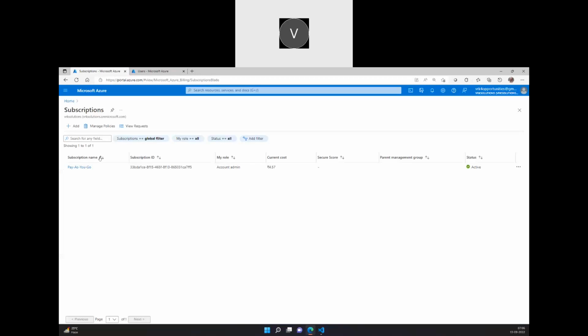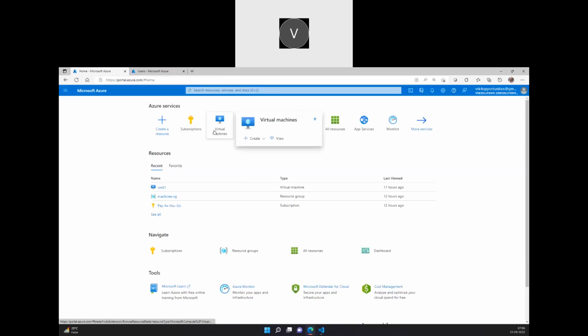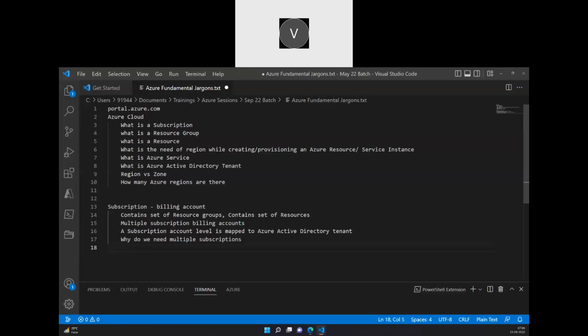There are ways to provide a user access. So you are also a user in the Azure portal. I can actually invite you as a guest user to my account, and with your credentials, you can access the subscription. You can do that. These concepts will be coming further on, but I wanted to say subscription is something which is actually